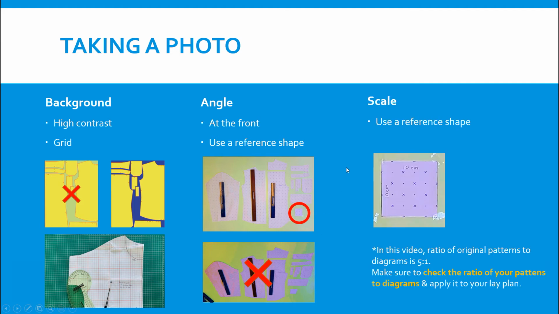And next, scale. Checking scale is very important, and if you use a reference shape, which is the square in my case, checking scale is relatively easy. The size of my square is 10 by 10 centimeter. So when you create a diagram, you can calculate the ratio of your original pattern to the diagram. In this video, the ratio of original pattern to the diagram is 5:1, which means my diagram is 20% of